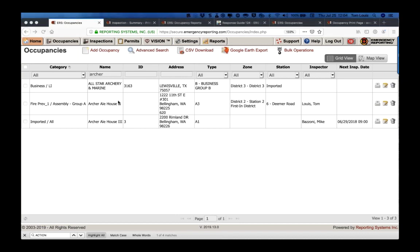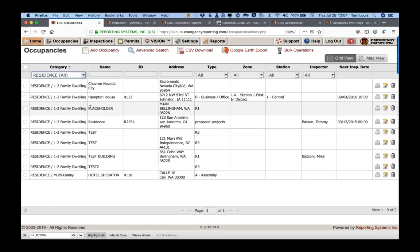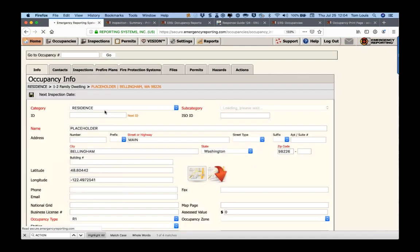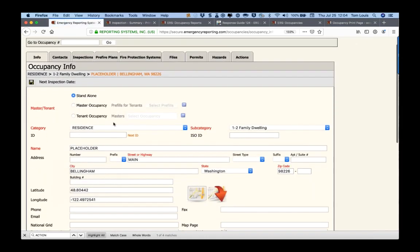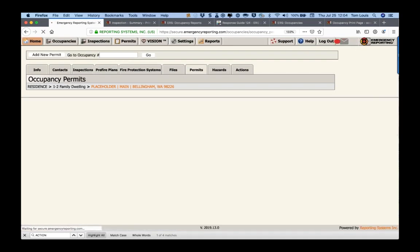What I would do is this. You don't want to create an occupancy for every residence, you want to create an occupancy placeholder. I don't know if I've done it in this one, but let me see. Maybe we'll get lucky here. Yeah, so we got a placeholder. What I would consider, and you may or may not like this, but give it a shot, put in a placeholder. Remember, you don't have to put numbers in, just hit all the required fields. And then when you issue permits,